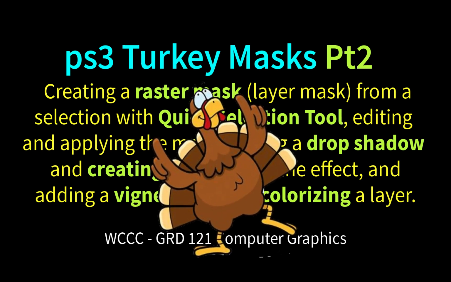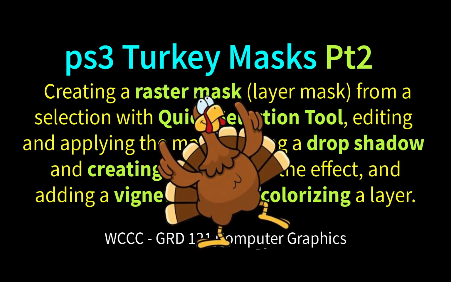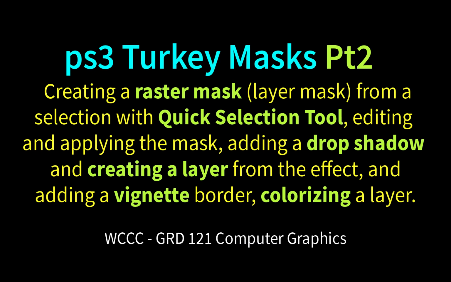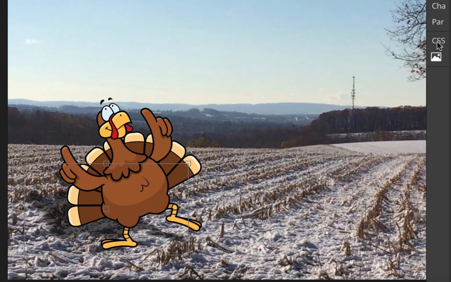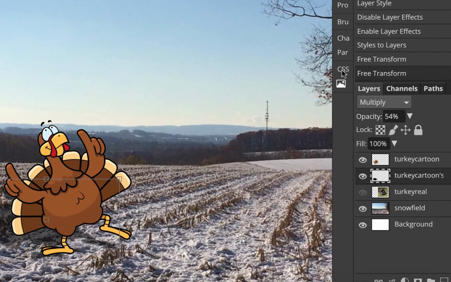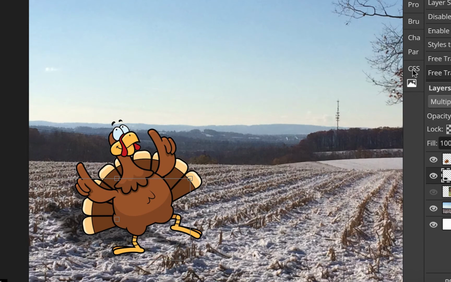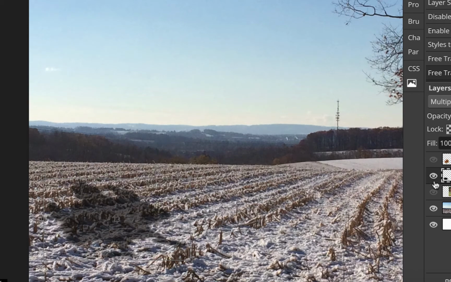We're working with turkeys in this exercise, and we're working in Photopea, and so far we just made a cartoon turkey. We used the magic wand, we got rid of the white background, and we put a drop shadow, and then we separated the drop shadow from being a layer effect to actually being a separate layer, and we just kind of edited it and we transformed it and adjusted the size of it so it looked a little more realistic as a shadow. Now, right now, I'm just going to turn off Turkey Cartoon and turn off Turkey Cartoon Shadow,